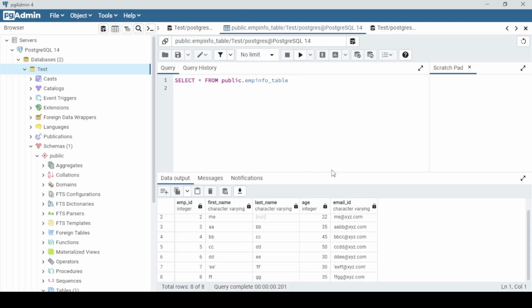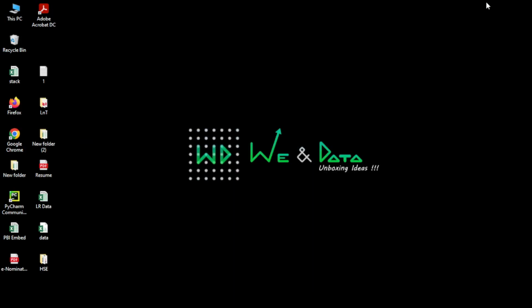So today we have seen how to create a database and how to create a table and insert the values to the table in different ways. So in the next coming videos, let us see further more queries